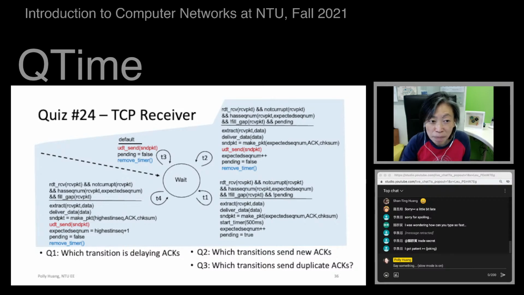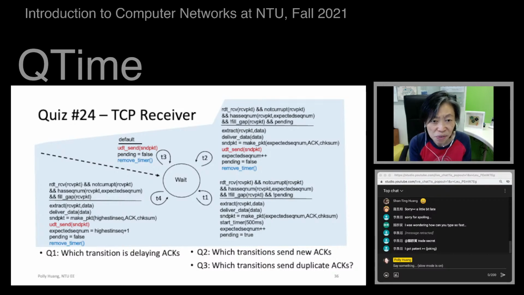This ACK packet carries the sequence number of the packet just arriving. And of course, we increment the expected sequence number and say that pending is no longer true, because once we send an ACK, it's all clear. If there's another packet coming, then we should be waiting. So pending is now false, so that will trigger the receiver to go to T1 because there's no pending event. At that point, we also remove the 500 millisecond timer. Good. So T1 is event 1, T2 is event 2.